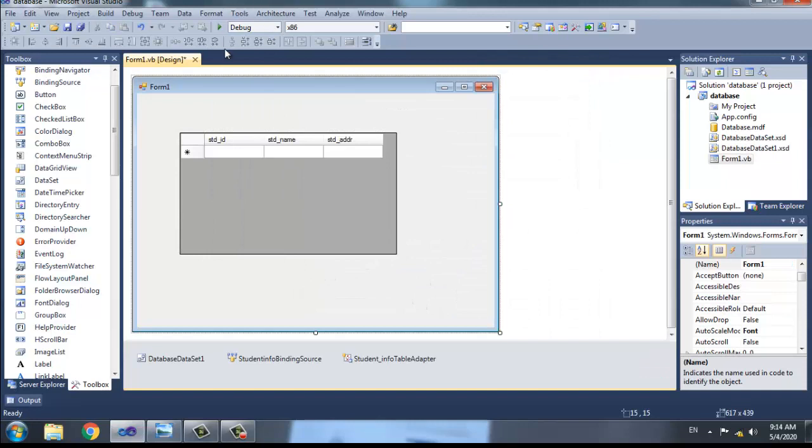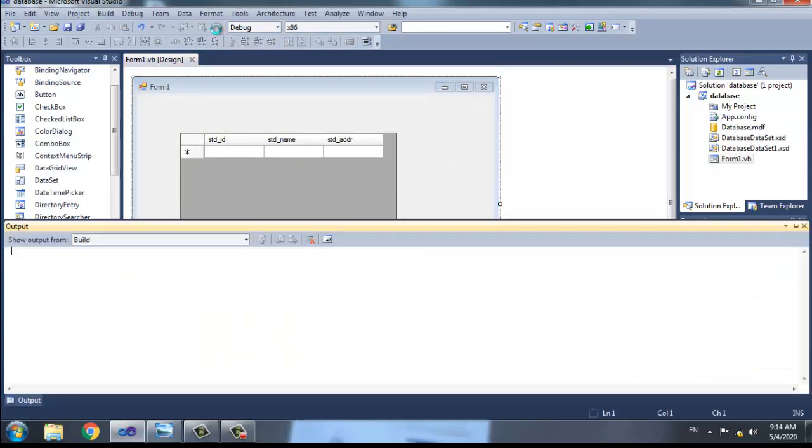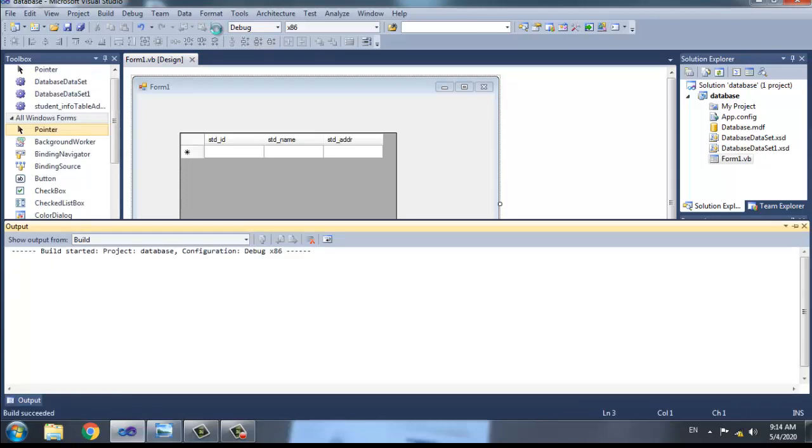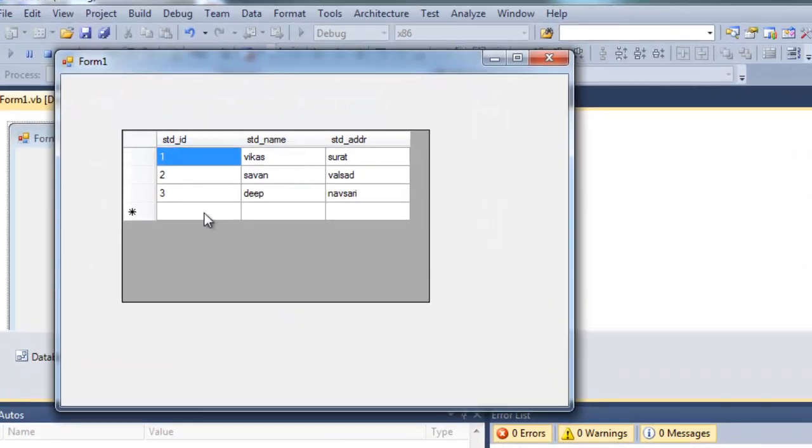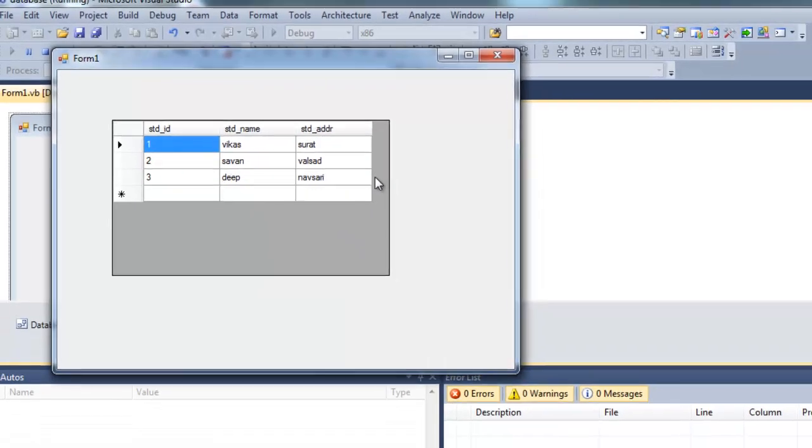Now I will hit play button. Here you can see all data we have entered in database. It will fetch in our application by using data grid component, or you can say control.